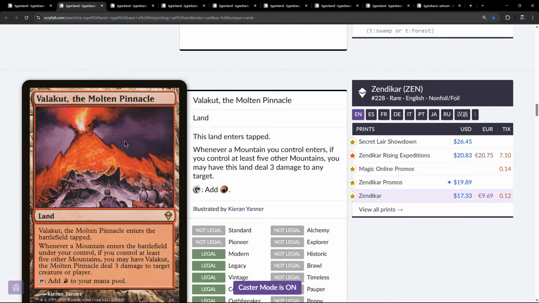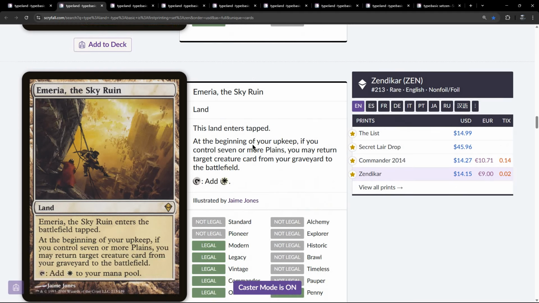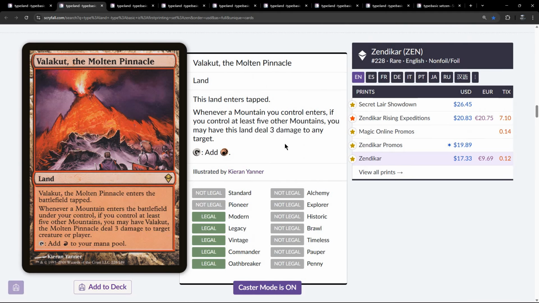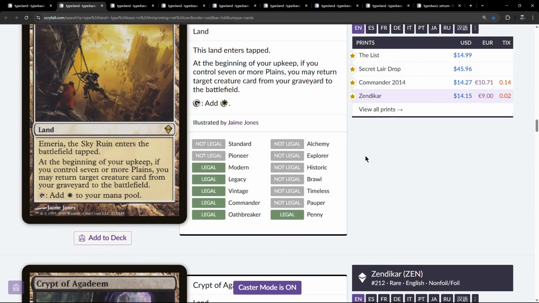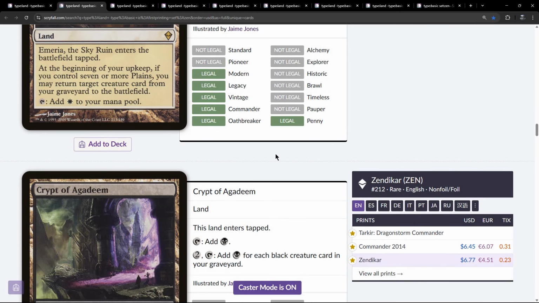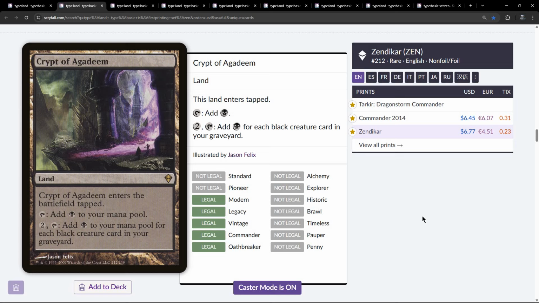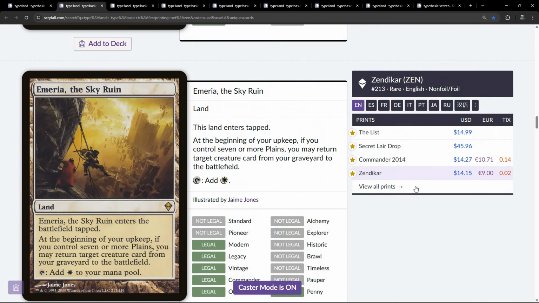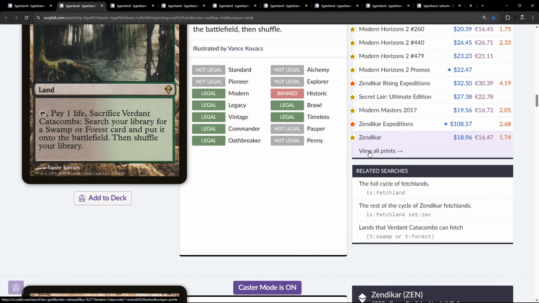Then we get into things like Valakut and Emeria. These are interesting because, to me, they have always sounded like they should have been legendary lands. But for whatever reason, they weren't. They just sound like they should have been legendary. And these ones, you can see, are cheaper than the fetch lands,